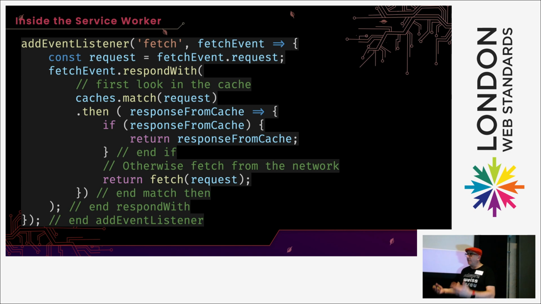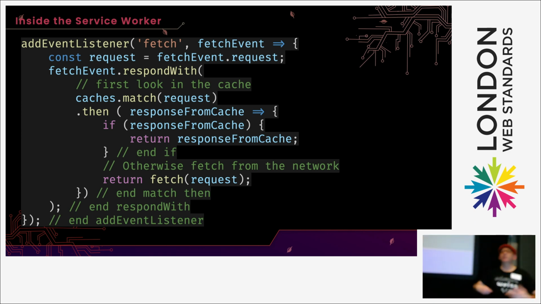This is another thing that I've got in there. I've said, if there is a fetch event, so go and fetch something from the network, I can say, well, hang about. First of all, does the thing in my caches match the request? And if so, give it through out of my cache. And if not, then go to the network.